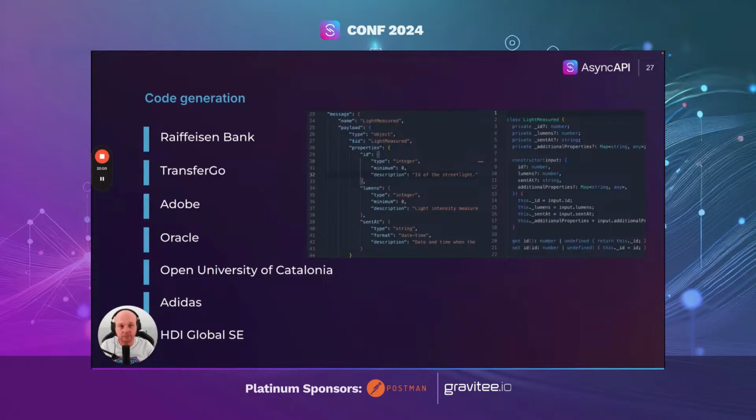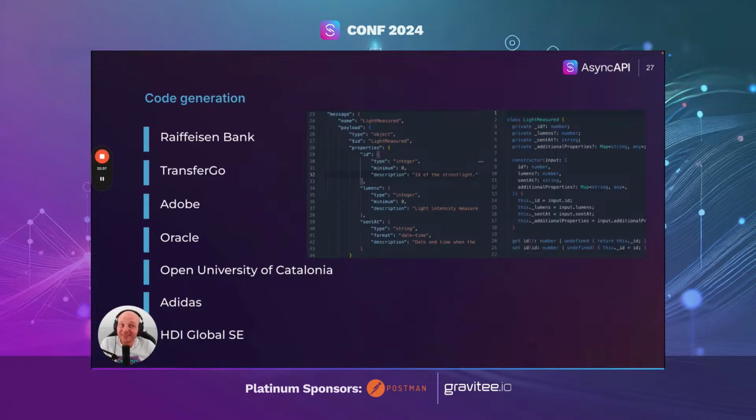For example, the guys at Adobe are super happy with it, and they were able to convince other folks at Adobe to use AsyncAPI, just because they don't only get docs but also models generation. But code generation is more. It can be mocks generation for tests, or examples generation, or client generation, like in the case of Oracle that you can see here on the list, or it can be app scaffolding, like in the case of Adidas.